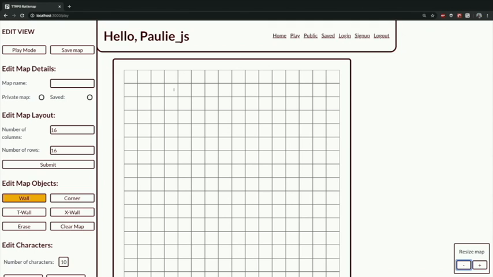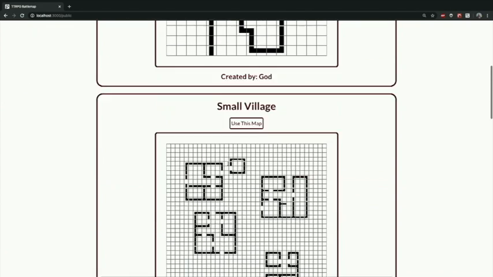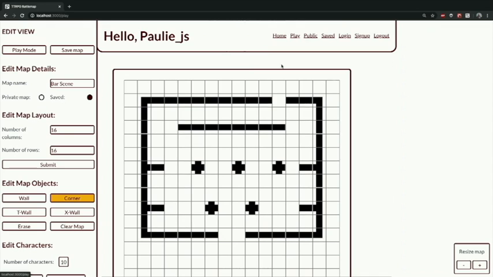It has a pretty simple interface. You can add in walls by just clicking. There we go, and we kind of have a little thing here, and then you can set corners. So it takes about 5-10 minutes to make a map. So I'm not going to do that right now because I only have 5 minutes left, and that's my whole presentation. So I have a tab here for publicly made ones,